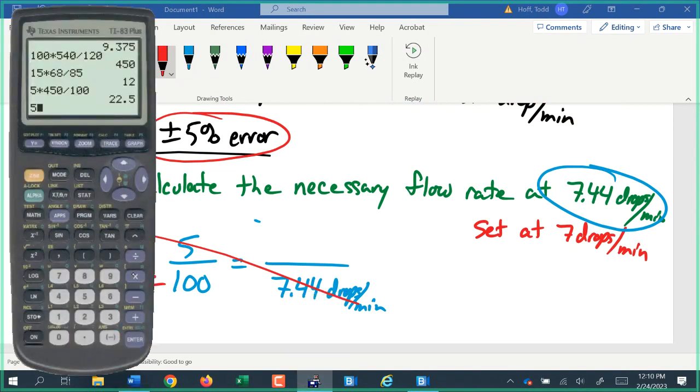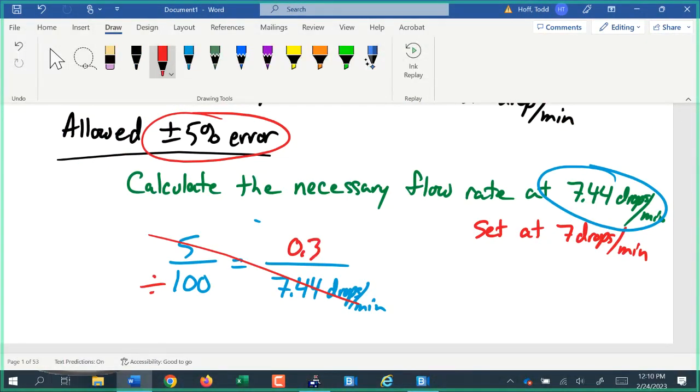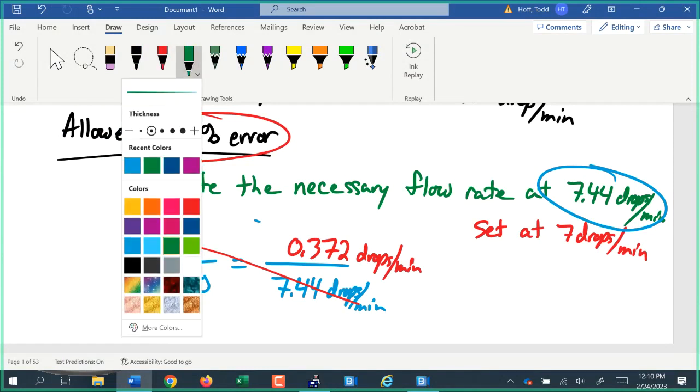So 5 times 7.44 divided by 100 gives us 0.372 drops per minute. That is our allowable error here. We can be off by that much, which means the range allowed